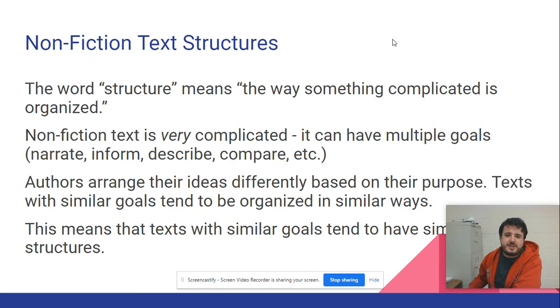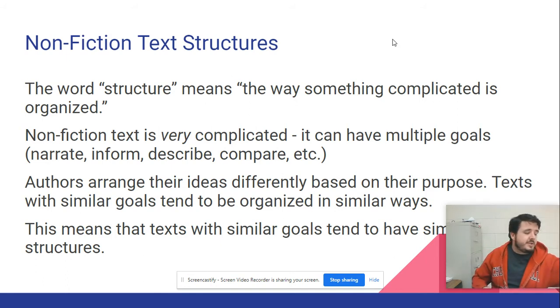Text structure is just the way that something complicated gets organized. The way something is set up is its structure. Nonfiction text can have lots of different types of structures because nonfiction text has lots of types of goals. And one text doesn't have to have just one structure. The book we're reading, Patient Zero, has lots of different mini sections that have lots of these different types of